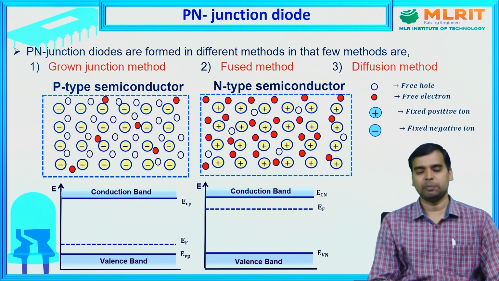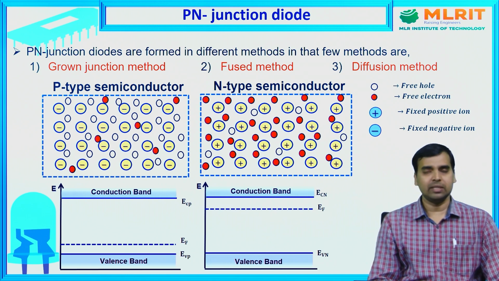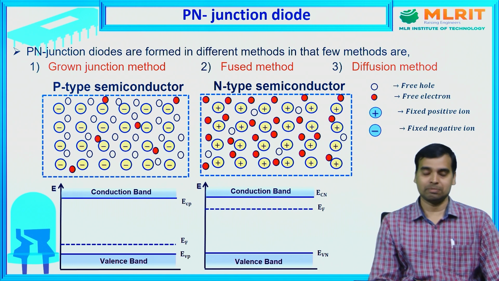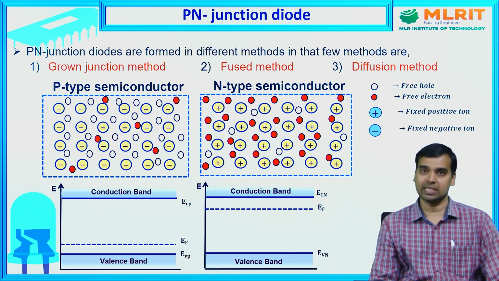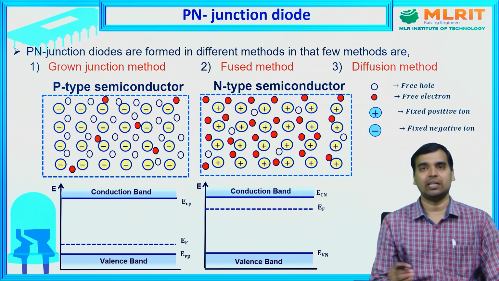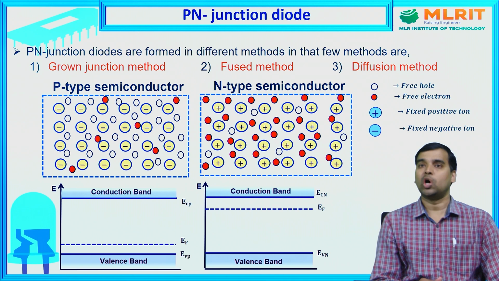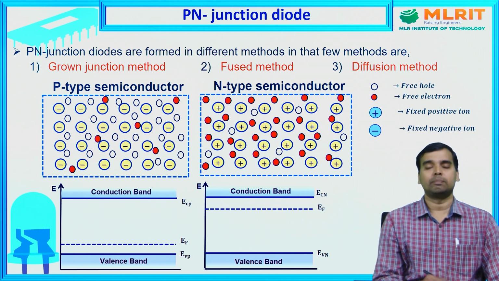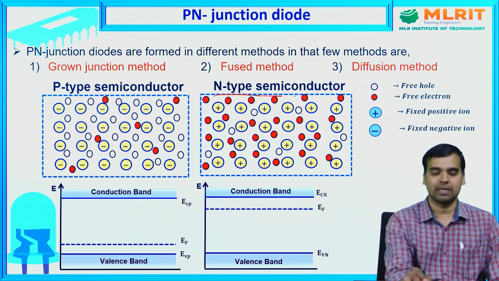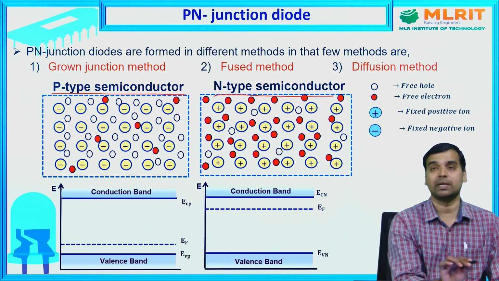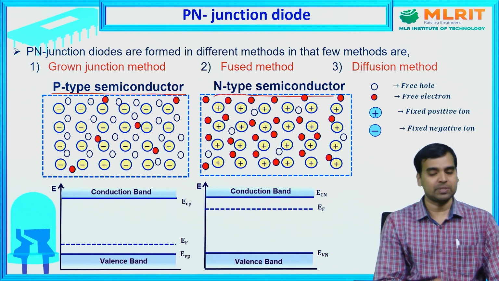Now, when it comes to the PN junction diode, in the previous class we discussed p-type and n-type semiconductors. P-type and n-type semiconductors are nothing but extrinsic semiconductors. Extrinsic semiconductors are nothing but impure semiconductors, that is, when we add impurities like trivalent impurities and pentavalent impurities. Trivalent impurities are third group elements like boron, aluminum, gallium, indium, thallium, and pentavalent impurities are fifth group elements. When we add nitrogen, phosphorus, we are going to get n-type semiconductors. By adding pentavalent impurities, we will get n-type semiconductors. By adding trivalent impurities, we will get p-type semiconductors. That means by adding impurities to the pure semiconductor.